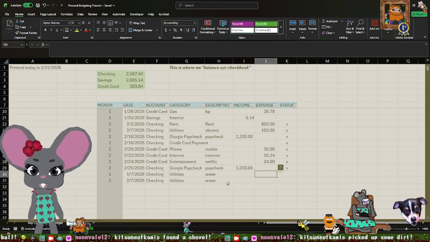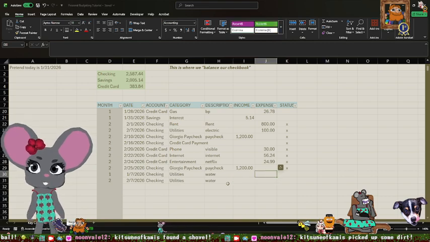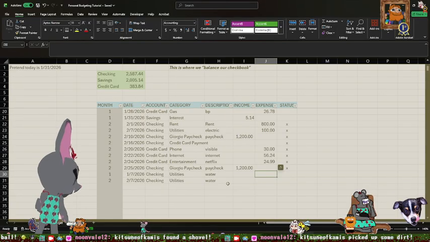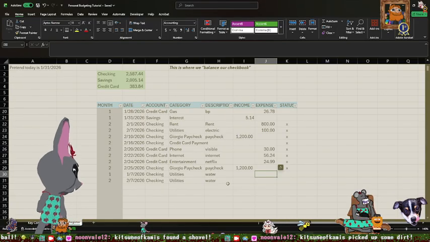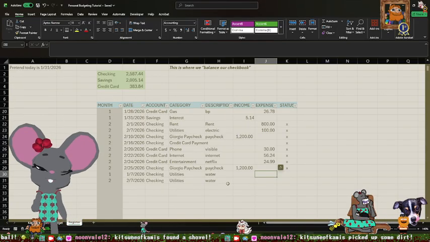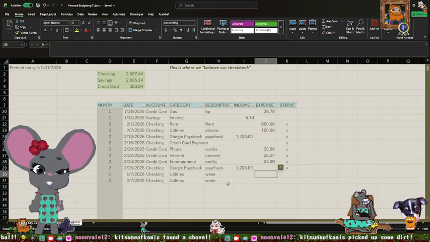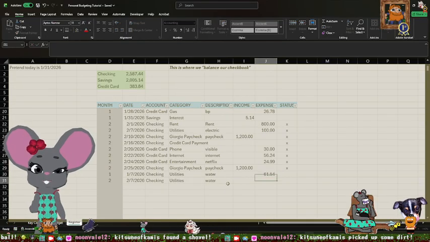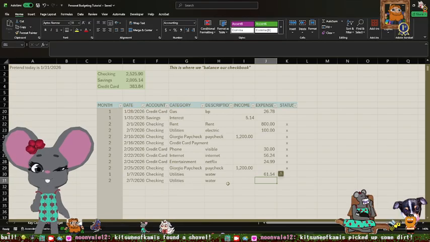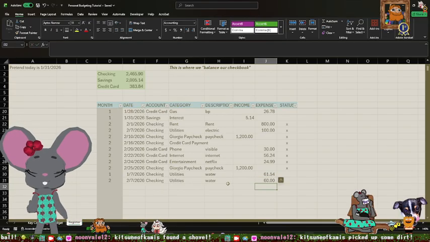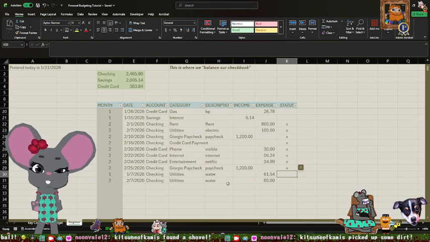And in January, our water bill was, how much is my water bill? Oh yeah. Let's say our water bill is like $60 and we expect it to be roughly the same next month. It can fluctuate though depending on your water usage.